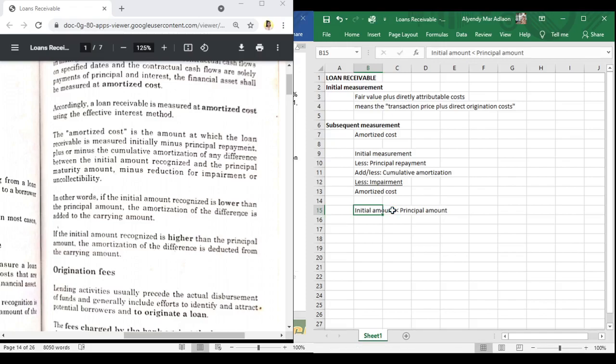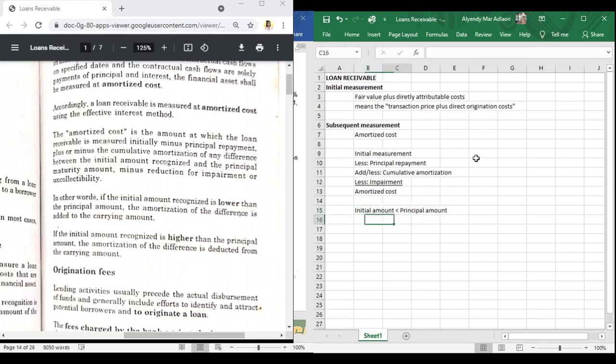It is not all the time that the principal amount is our initial amount. Take note that just like in the notes receivable, we have what we call the present value. So the principal amount, which is the face value, is different from the initial measurement, which is the present value. So, if the initial measurement is less than the principal amount,